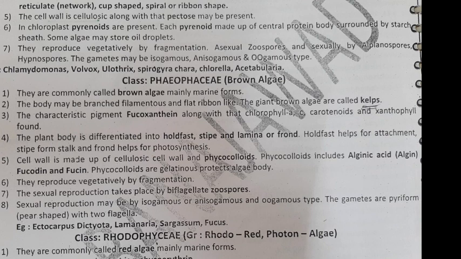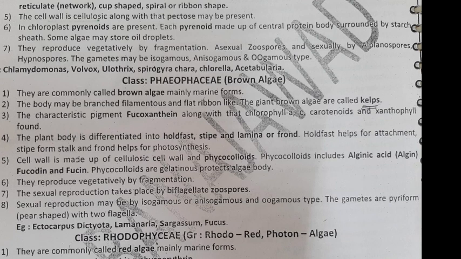It is a gelatinous coating because Phaeophyceae is a hydrophyte which is always present in the marine habitat, meaning it is a hydrophyte, that is why for protection the cell wall of these Phaeophyceae members is covered with cellulose and a gelatinous coating known as algin. Remember the word algin. Next point, they reproduce vegetatively by fragmentation.